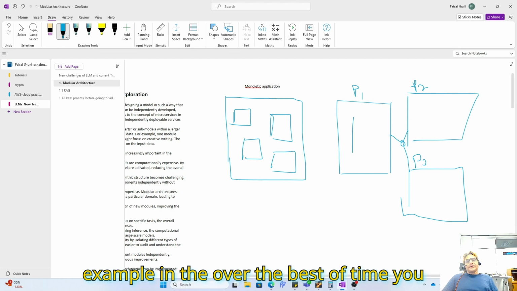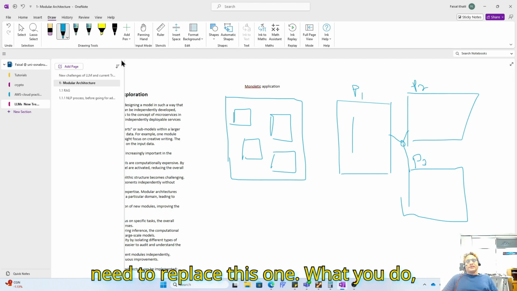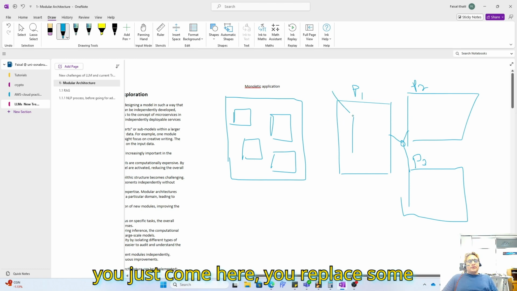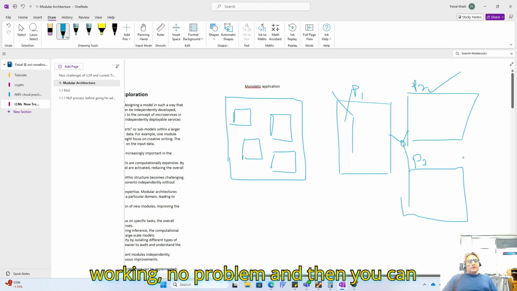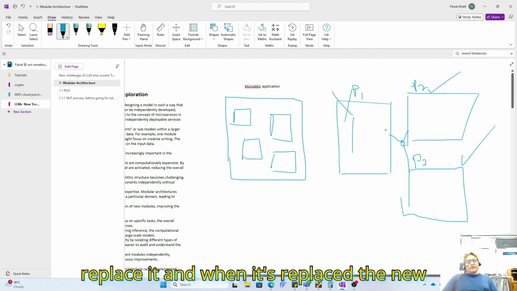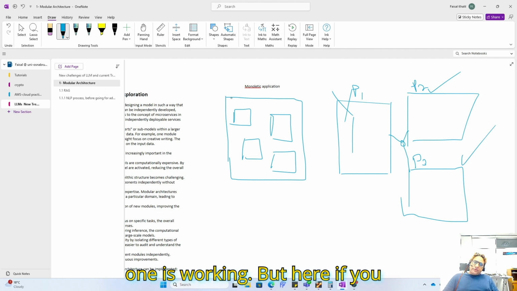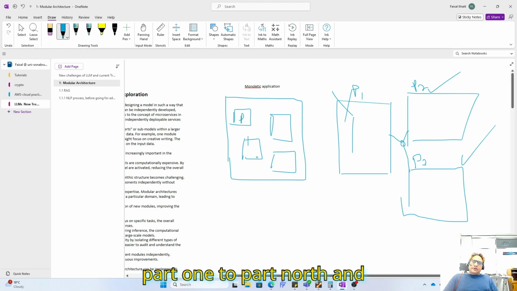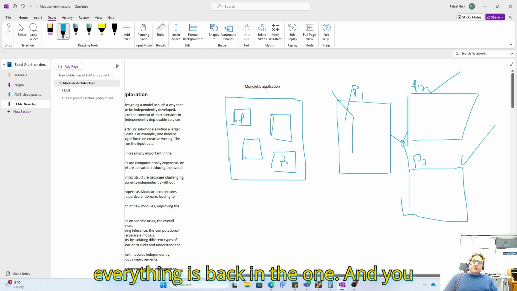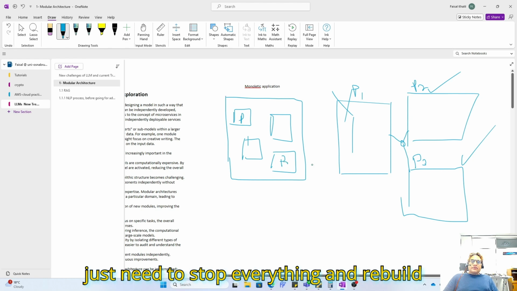For example, over the passage of time, you need to replace this one. What do you do? You just come here and replace some stuff here, and these two are still working, no problem. And when it's replaced, the new one is working. But here, if you want to change something, for example, this is part one to part n, and everything is packed in one, you need to stop everything and rebuild again.